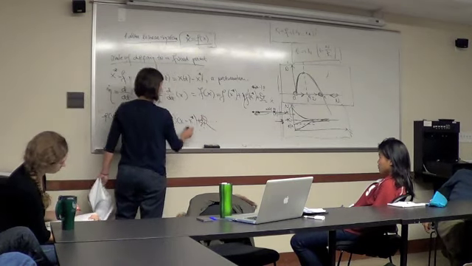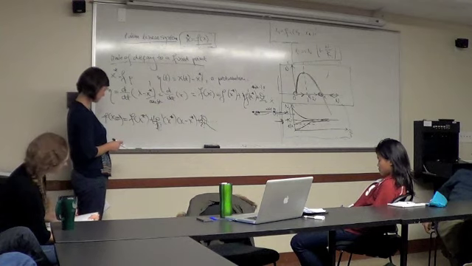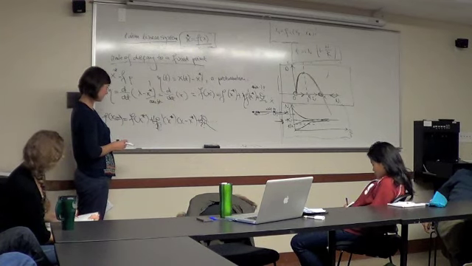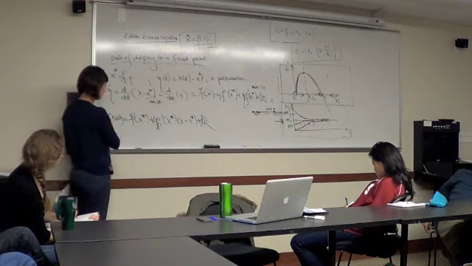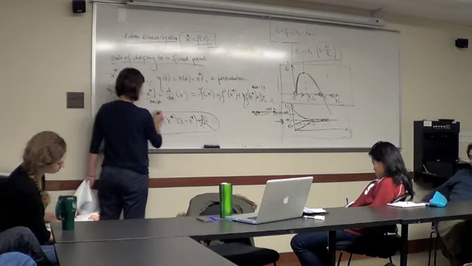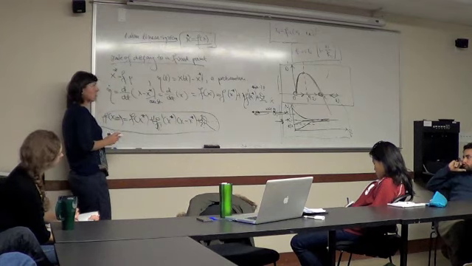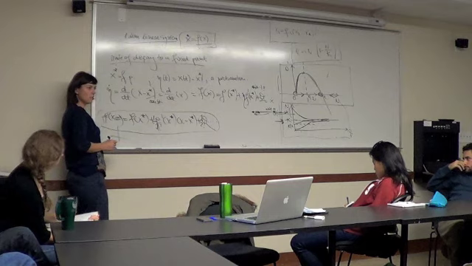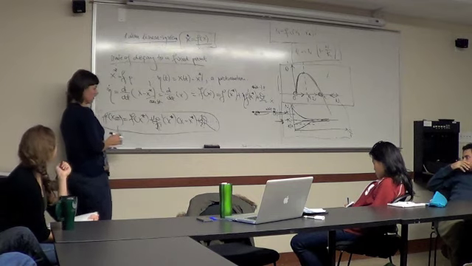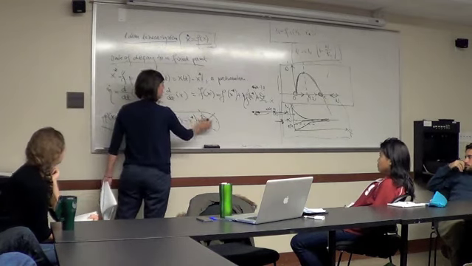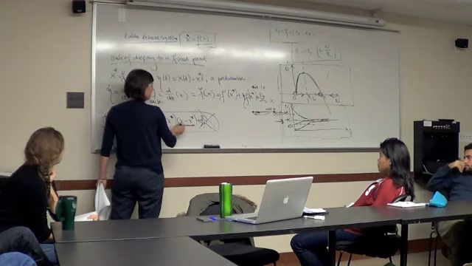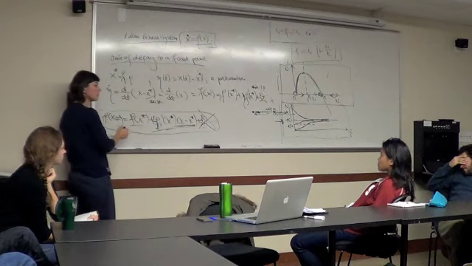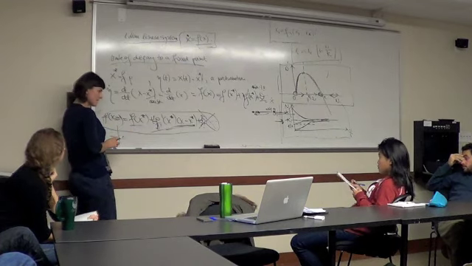So for people who haven't seen Taylor expansions, it's just a fancy way of writing an approximation. So that's approximately equal to the function, and you're writing it as a polynomial, which is why it's useful. Sine functions are hard to deal with, polynomials are easy. So you're basically almost linearizing this function around that point. If you ignore these second order terms, this is a linear function around this point, plus a constant.